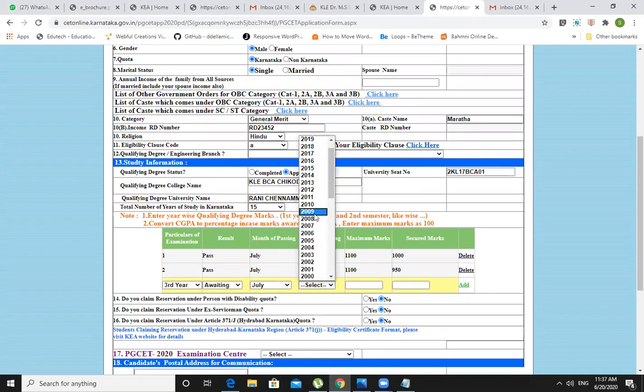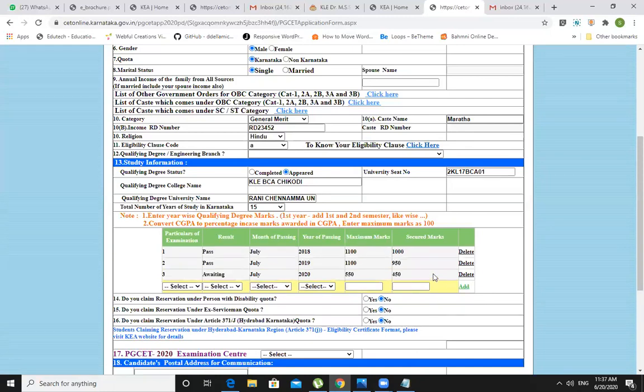Year of passing is 2020. And here be careful. You need to add the fifth semester marks. So sample marks is like 550, and secured marks would be around 450. These are all dummy numbers, so don't consider them.